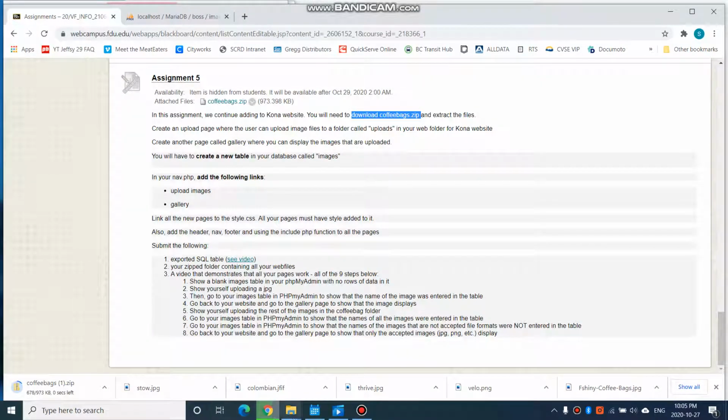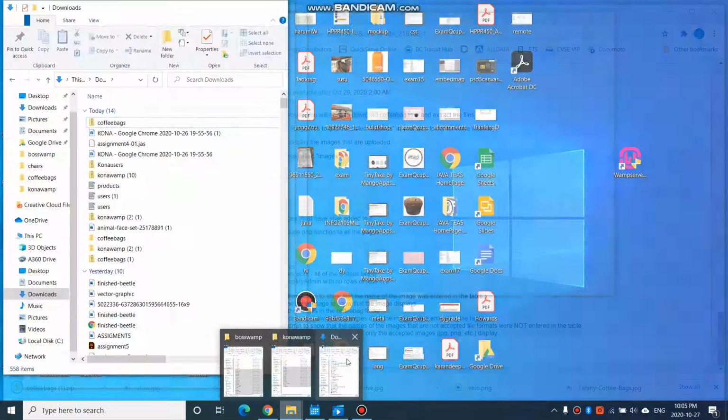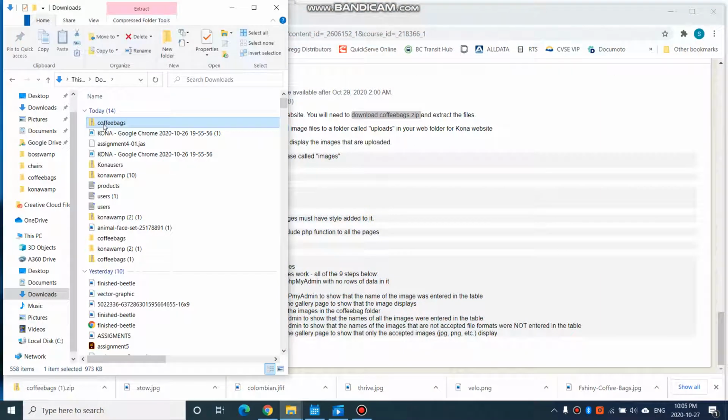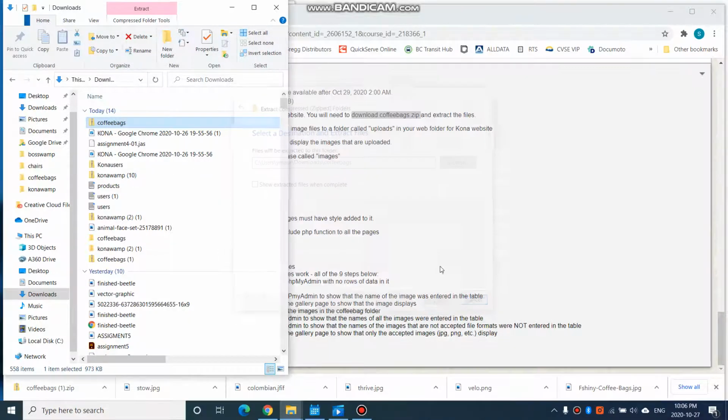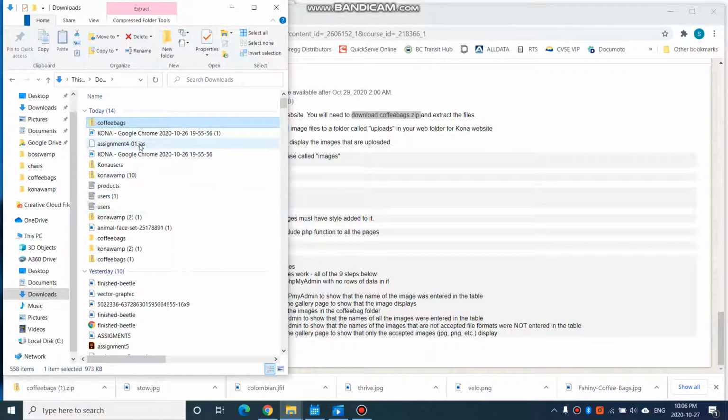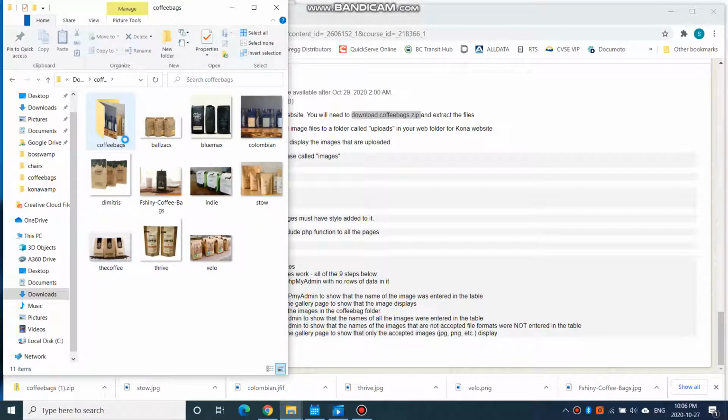So let's go click on that and download it. And then when you have it, right click and extract all, okay? Then extract it and you will have a folder called Coffee Bags. In Coffee Bags you have